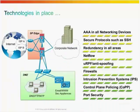So in terms of best practices and technologies they had in place, and you can see that a lot of these technologies are pretty much the same as what they had in their enterprise part, in their branch office part of the network. So AAA on all their network infrastructure devices, secure protocols through SSH or HTTPS type connections, redundancy, NetFlow, IPS everywhere, even URPF for anti-spoofing for their internet edge routers, firewall that eventually got compromised, port security for devices that were connected to their DMZ infrastructure. So you could see that from a technology and best practices perspective, they had a fairly good list of things